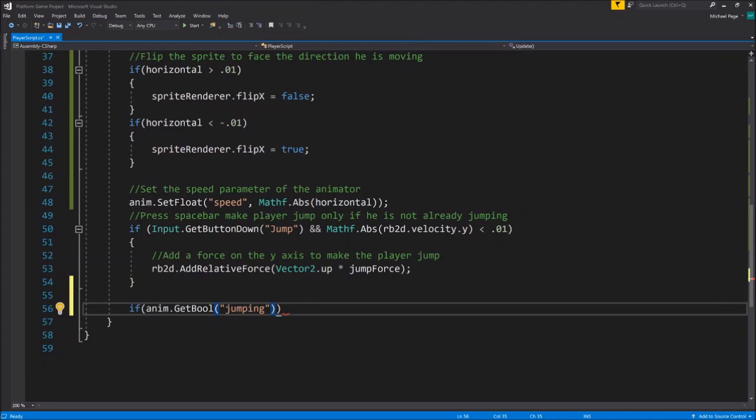If this is true, then it would do the things below. I actually want to know if it's false, because I want to go from not jumping to jumping. So if you want to check to see if something is false instead, you can just put an exclamation point in front of it. Exclamation point means not. So now I'm saying if we're not jumping, okay, so if this comes back as false, it'll say not false. Well, not false is true, right? It flips it around, so this will make this go to true. So basically, if I'm not already jumping,